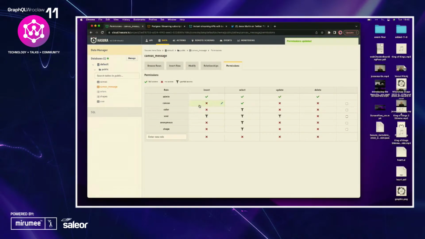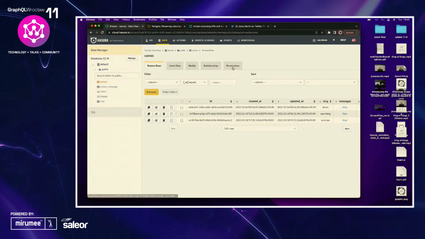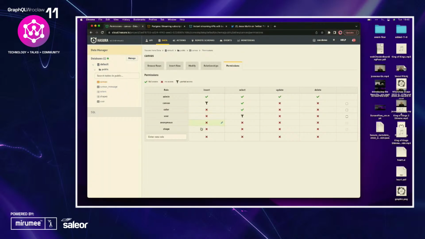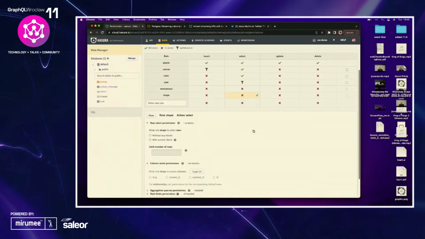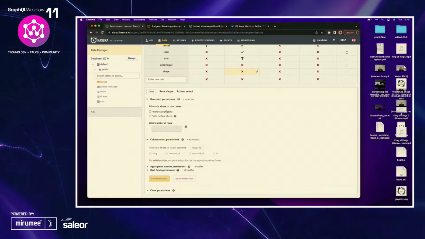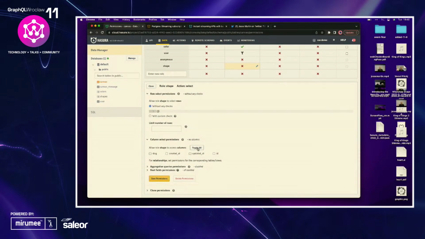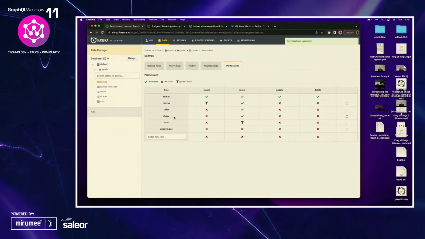And I think I need to give that role permission to my canvas, if I recall right. So we'll go ahead and go to permissions. And I'll say that my shape person needs to be able to select from here. So we'll say, without any checks in this case, we'll go ahead and toggle all. Because we play willy-nilly with permissions when we're in DevRel. And then we're going to go with the user table here to give that one last little bit. Make sure I'm not missing any data. Because GraphQL is very good at crashing on you if you actually don't give it the permissions that it needs.